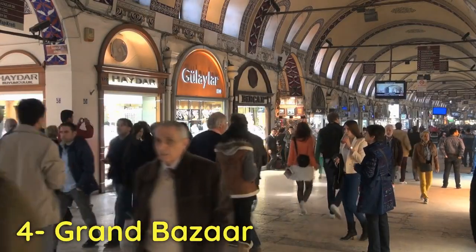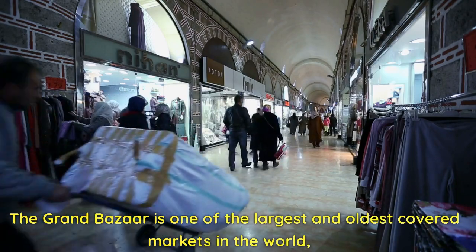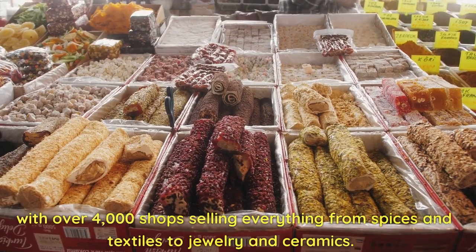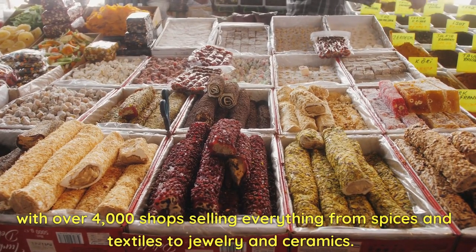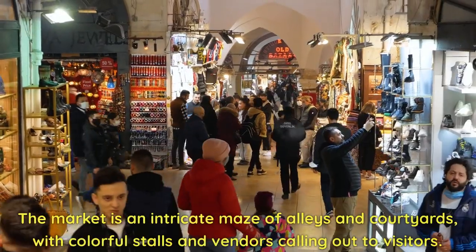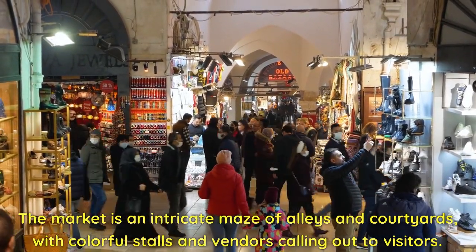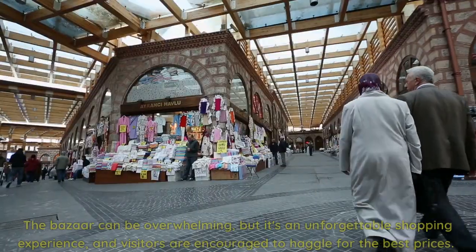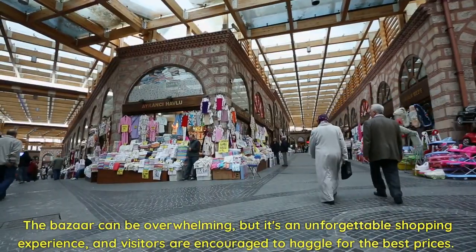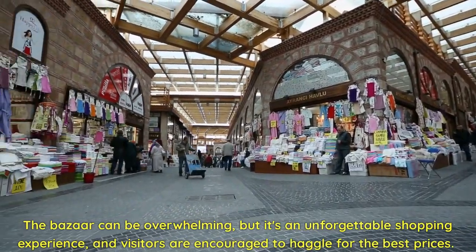4. Grand Bazaar. The Grand Bazaar is one of the largest and oldest covered markets in the world, with over 4,000 shops selling everything from spices and textiles to jewelry and ceramics. The market is an intricate maze of alleys and courtyards, with colorful stalls and vendors calling out to visitors. The bazaar can be overwhelming, but it's an unforgettable shopping experience, and visitors are encouraged to haggle for the best